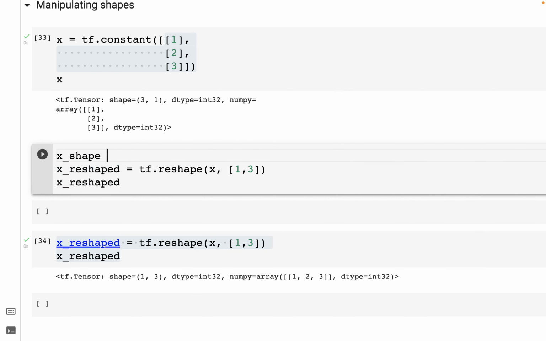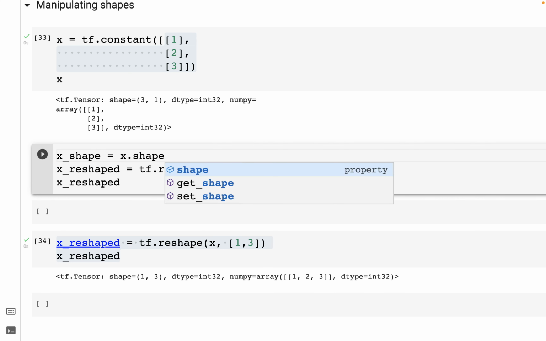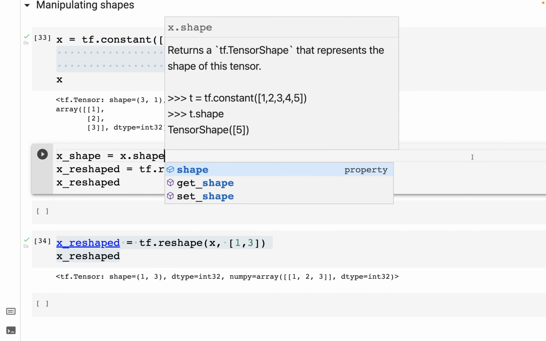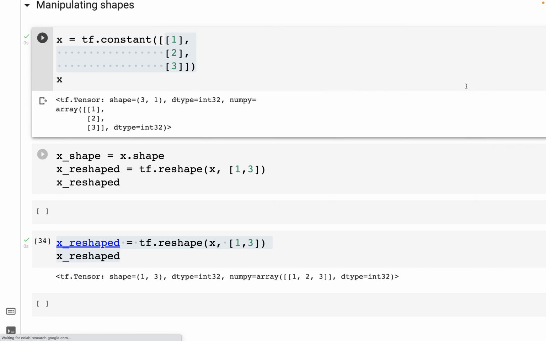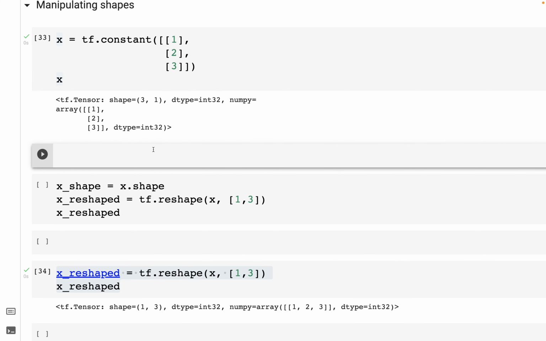So x_shape is equal to x.shape. Now when we get this shape of x, we can convert that shape to a list. What I mean by that is if we type x.shape,